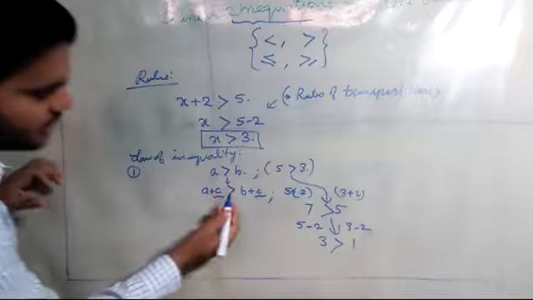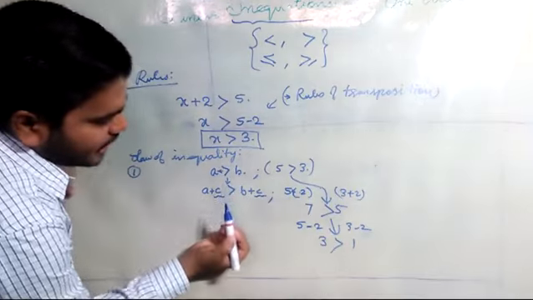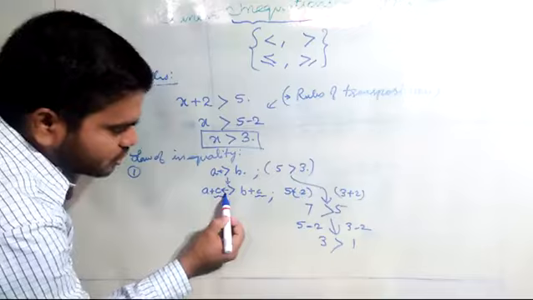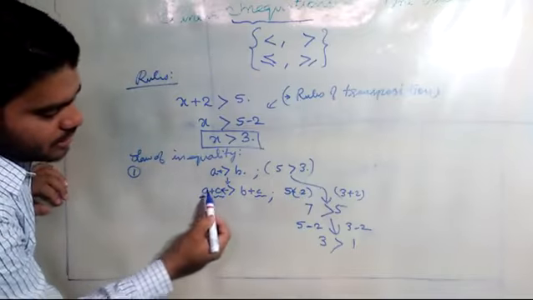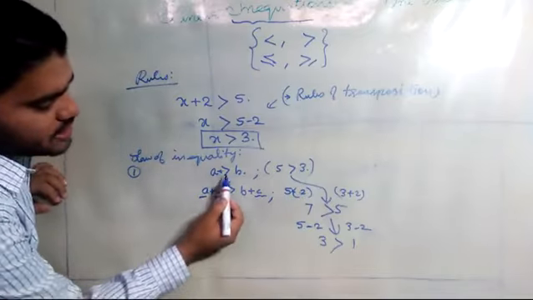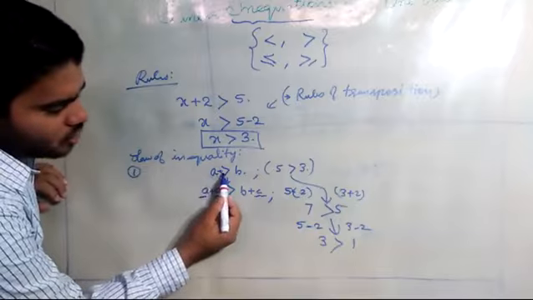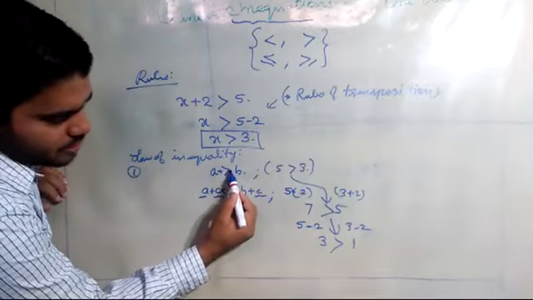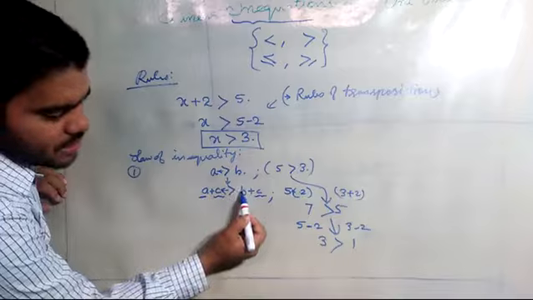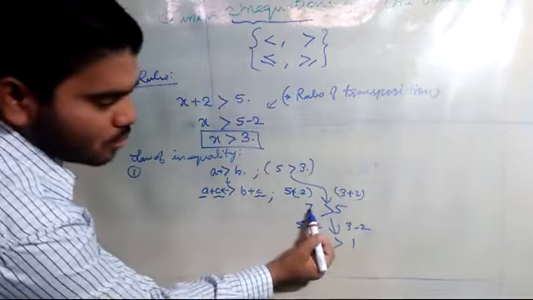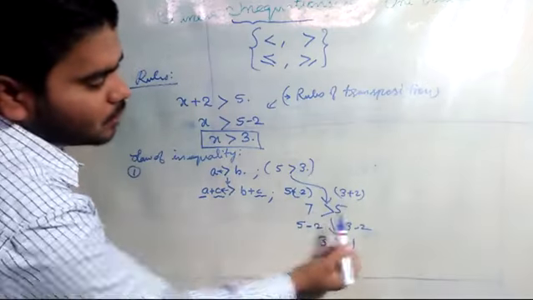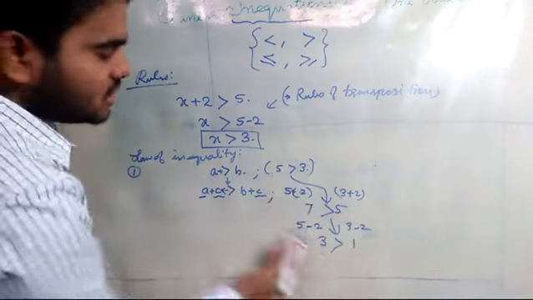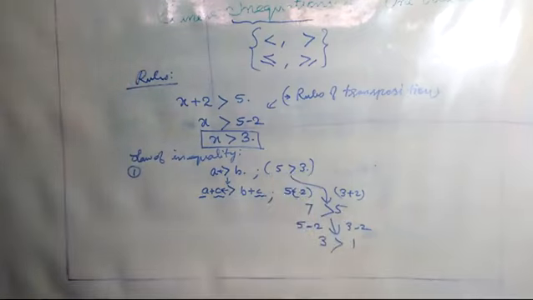That means, see, this mouth was open towards this side. Now also this mouth is open towards a side only. Here a is there, mouth is open towards a, and it is still open towards a. The mouth towards b side was closed, and it is still closed. Here also closed, open towards 7, 5 closed, 5 open, 3 closed. So this is the meaning of the sign of inequality will not change.